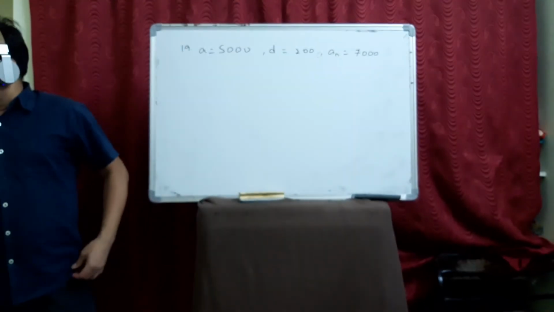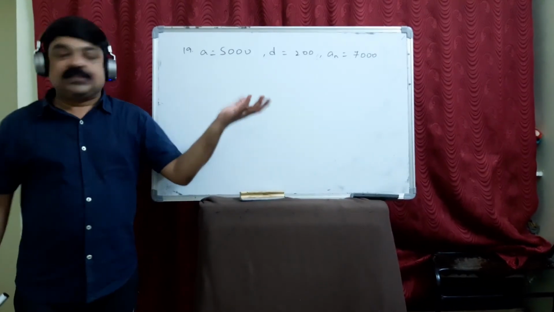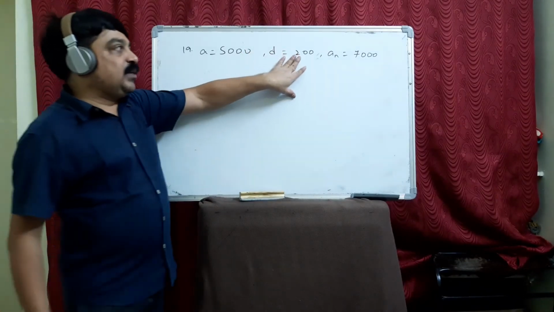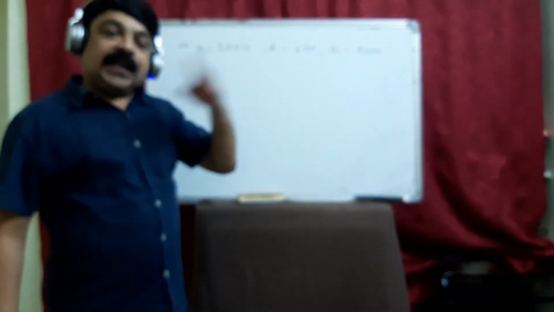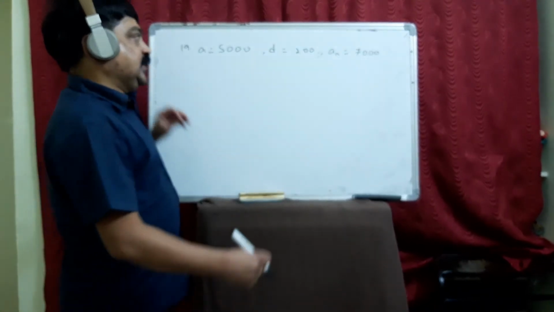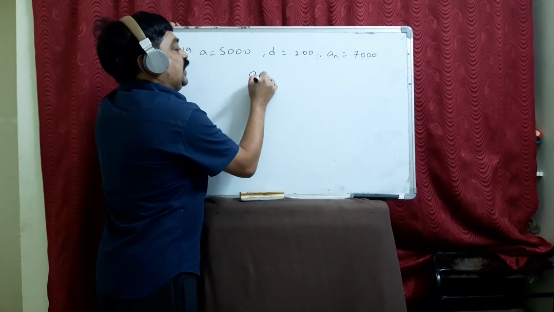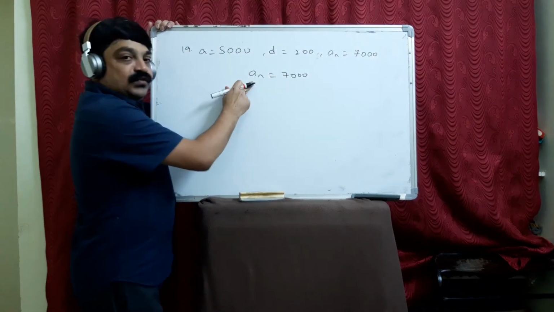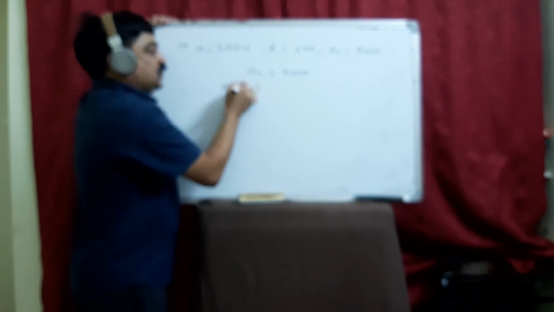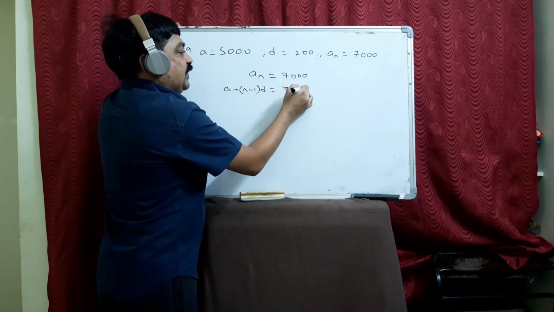Okay, look at this. This question is about someone who started working in 1995. He earns a salary of this, and this is the increment for every year. In which year will his salary reach 7,000? AN is 7,000. Let us see. When you are asked to find out how many, always you should equate that with AN. This is A plus n minus 1 into D equal to 7,000.